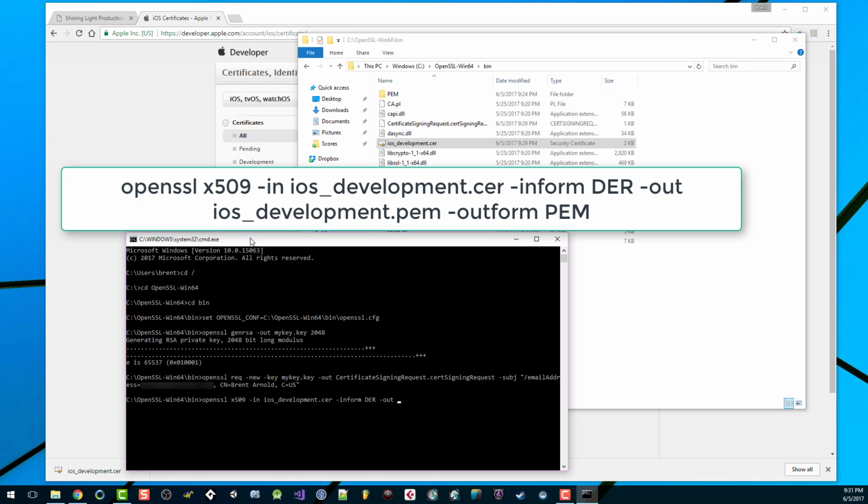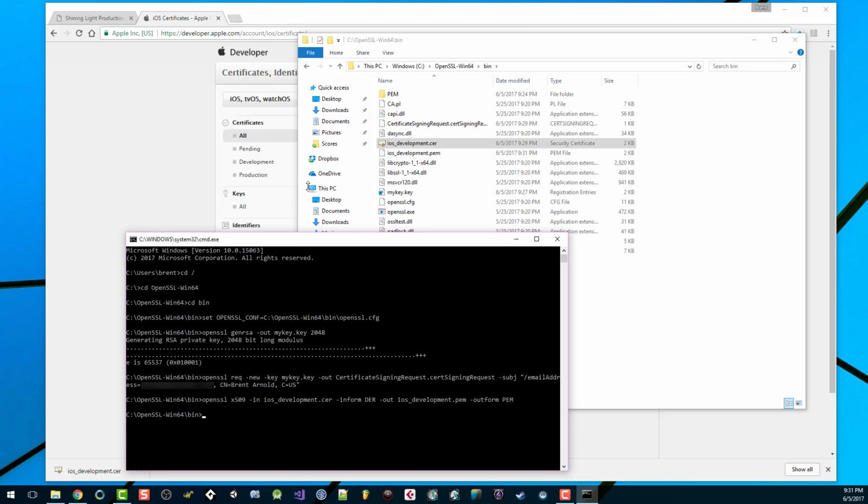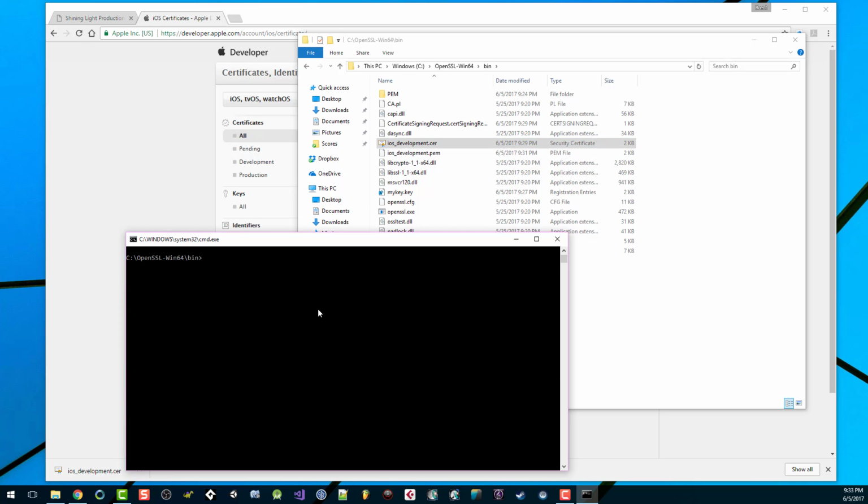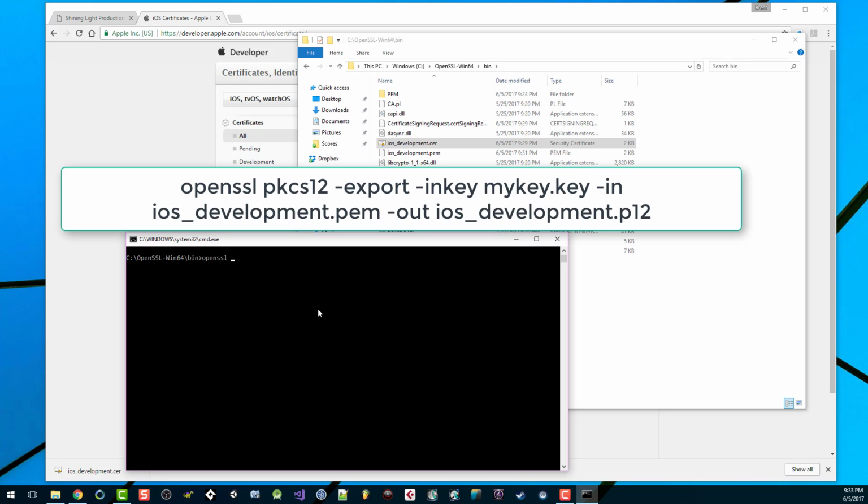Now here's another name. We can call it the same. We just need to remember what it is. So I'm going to call it iOS_development.pem -outform PEM. All right, notice how it generated the PEM file. Okay, now the next step is to generate the p12 referencing all of these files that we've created. So the final step is to generate the p12 file, and to do that we type openssl